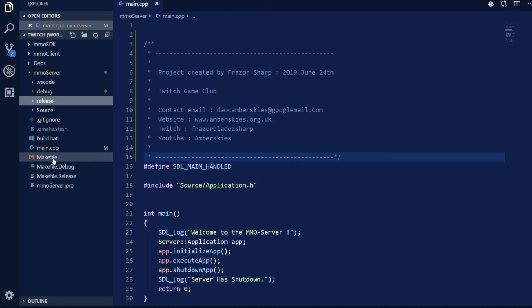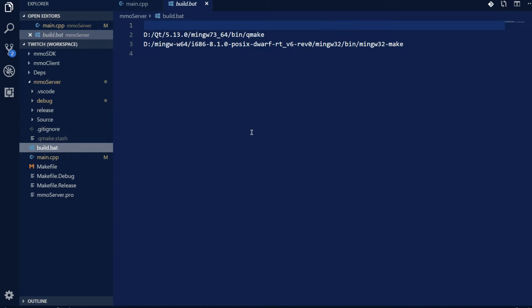So these weren't here. The next thing I did was change my build.bat. I downloaded Qt and placed it in D colon. I downloaded MinGW-w64 and placed it on my D drive. And there you go. Those are now the pathways to MinGW32 make and qmake for MinGW